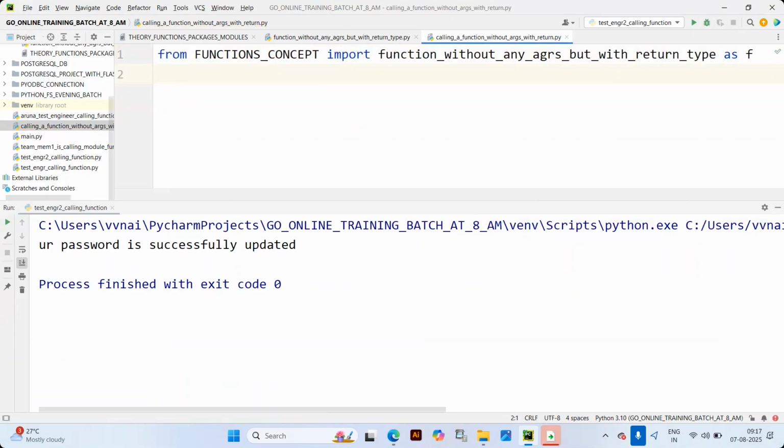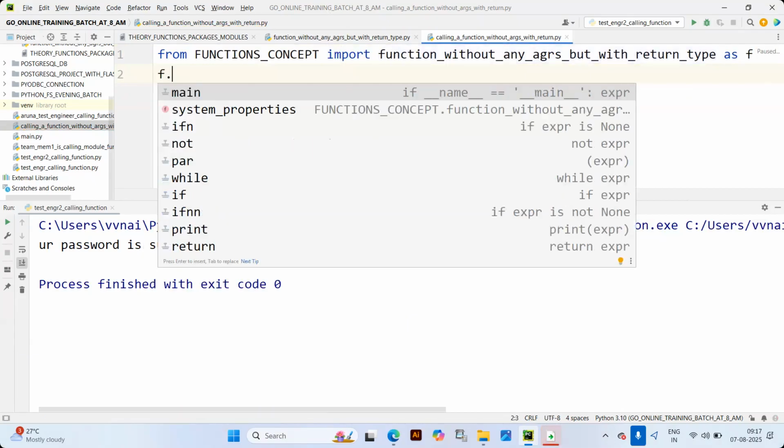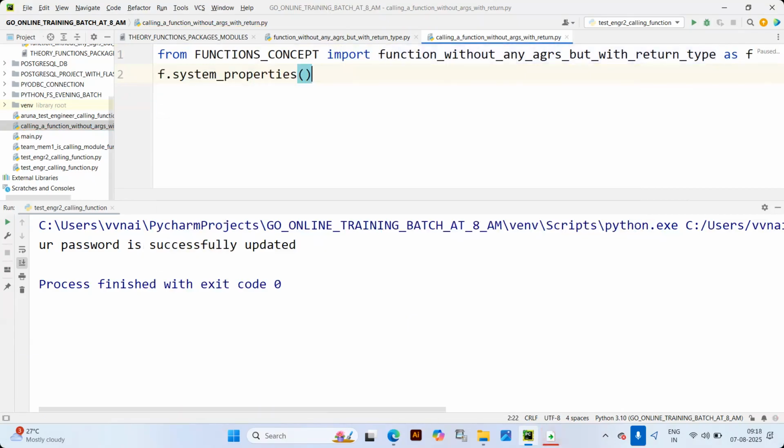So now f dot, there will be a function called system properties. I'm not passing any arguments here, but I'm expecting a result. Here the result is going to be